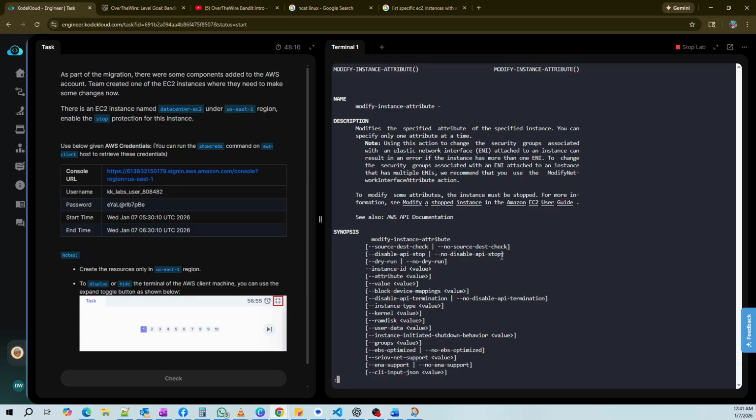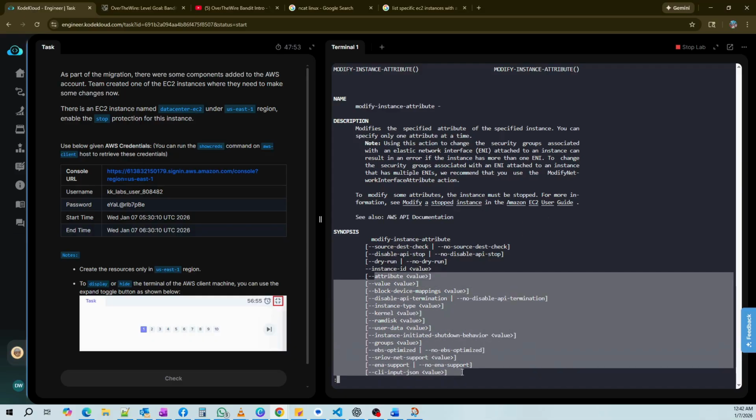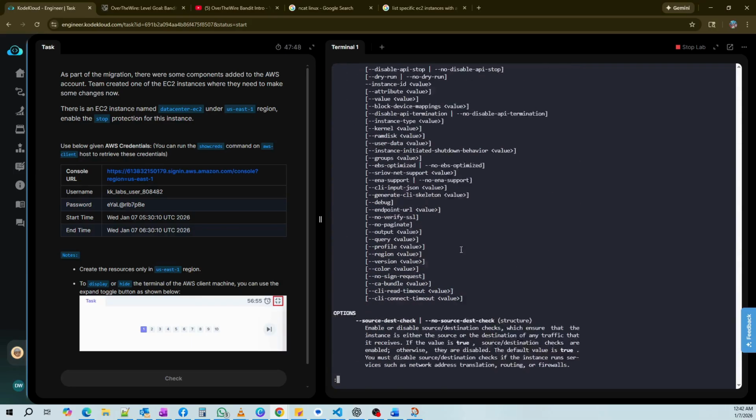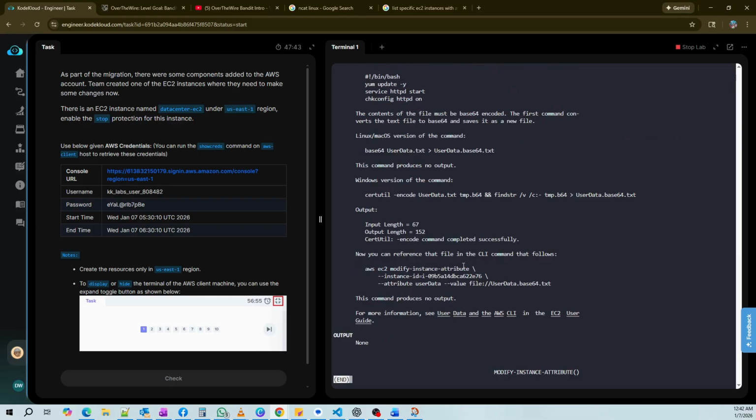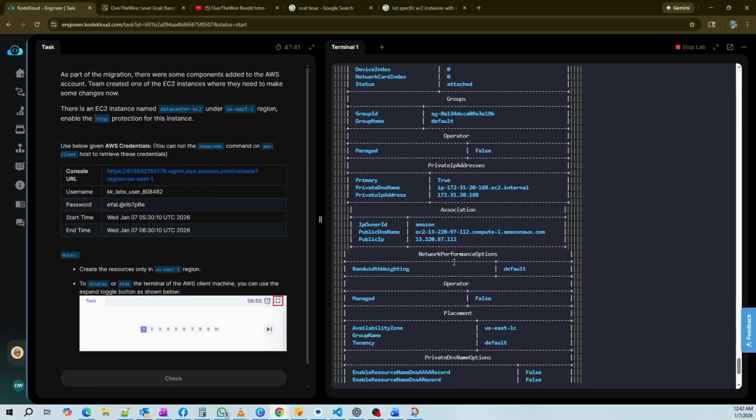No disable API stop. So you see modify comes first. Here are the options before that you have to put right after the command, and then after we add the instance ID, and anything else that we want to change the attribute for would come after the instance ID in the list there. So we're gonna go end again. Q. I'm going to go back up and get